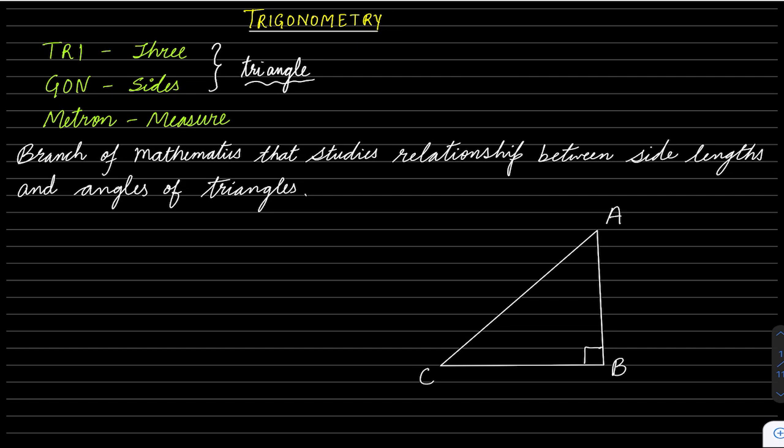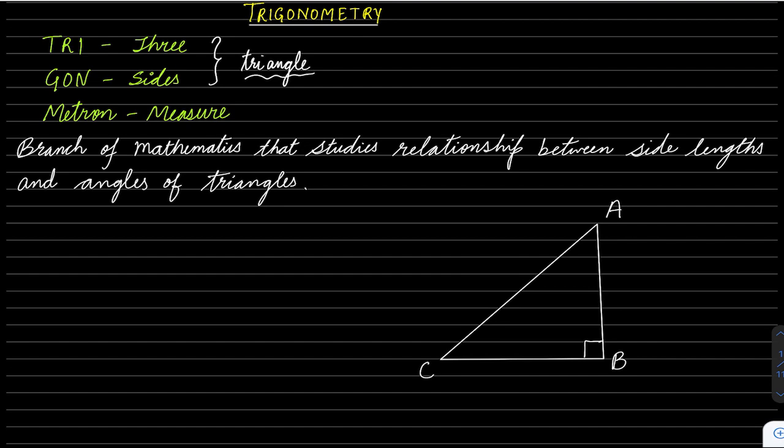Okay. So to understand trigonometry, first we will study everything about the right angle triangle, and then we will move on to other triangles like isosceles, equilateral, scalene, acute angle, obtuse angle, and so on. So let's concentrate on the right angle triangle. As you can see, we have a right angle triangle ABC, right angled at B. Now first, let's take the side that is opposite to angle A to be length a, and the side that is opposite to C, let's take as small c, so basically the length of AB is c, and the length of AC, let's take that as small b.